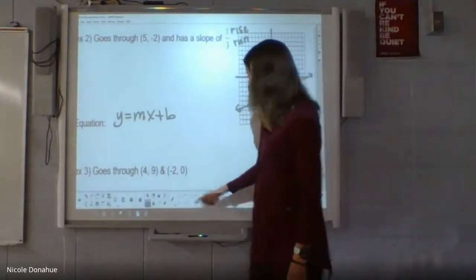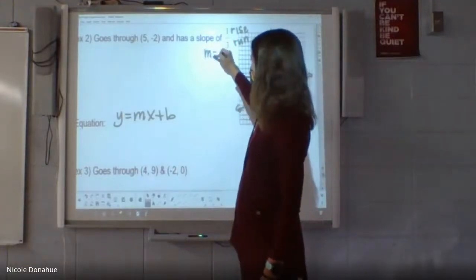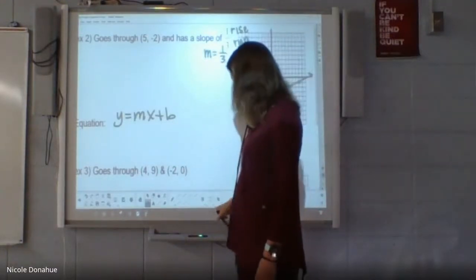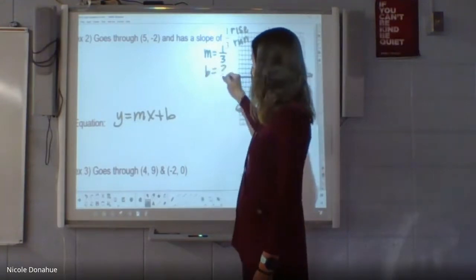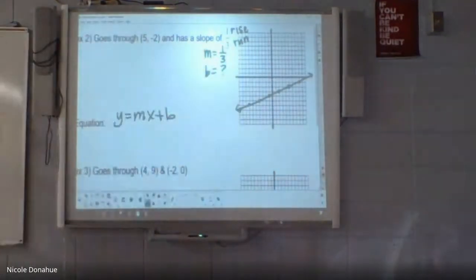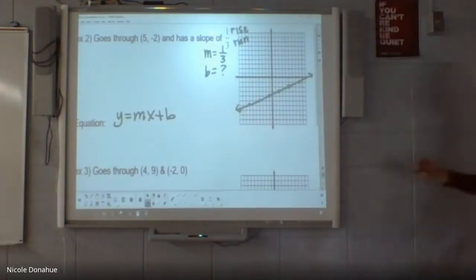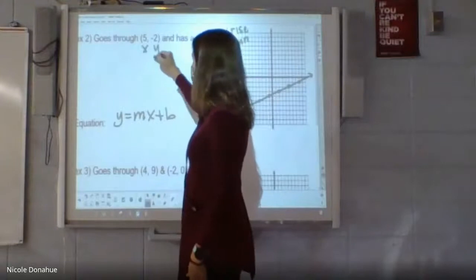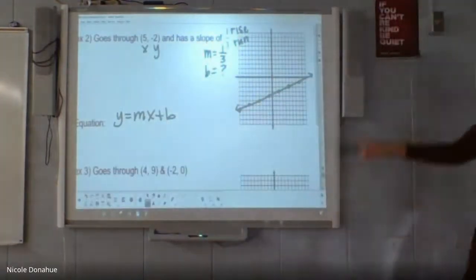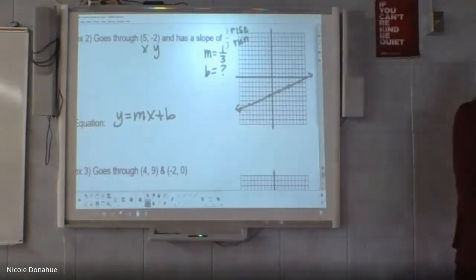So, remembering that the slope is our m. I don't know b. b is unknown. What do I know though? I know m. What else do I know? They give me other information. They give me (5, -2). What is that? That's our x and y. So they've given us an x and a y, one specific x and y. Now I actually have a whole bunch of them, but I'm going to use the ones they gave me.